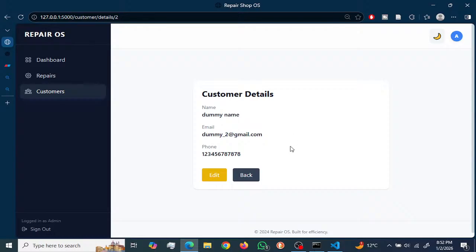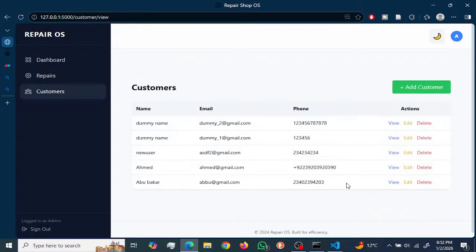Obviously, if we provide more information for the customer, we will handle more information in the future, but we are starting with a minimal setup and rushing toward completing this project as soon as possible. So there should be a view repair history button here, so I'm expecting to add one more button. As I'm a little bad at selecting the colors of the buttons, I leave it with the